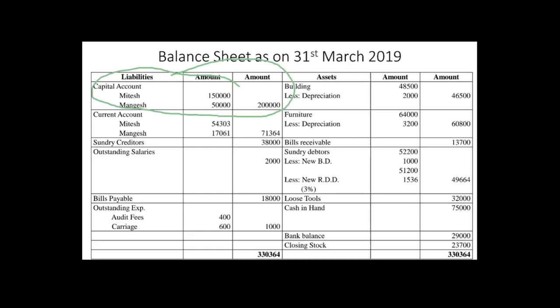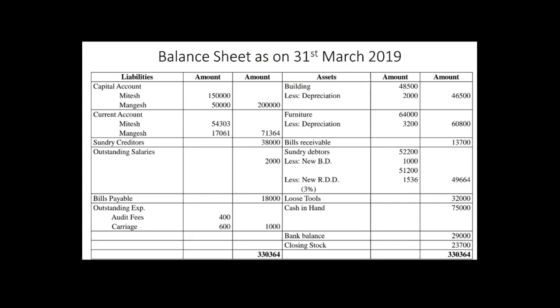Now the next one is outstanding salaries. Outstanding salaries is basically an adjustment, ठीक है, जो नीचे adjustments में दिए जाते हैं. But if it is given in the trial balance, only one effect will be there. एक ही effect जाएगा. Outstanding salaries is a liability because it is outstanding. So its only effect goes to the balance sheet ke liability side.